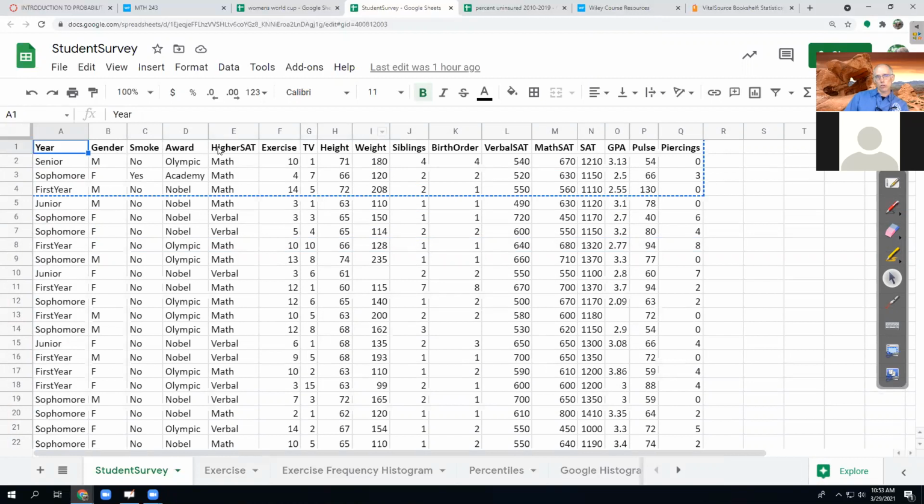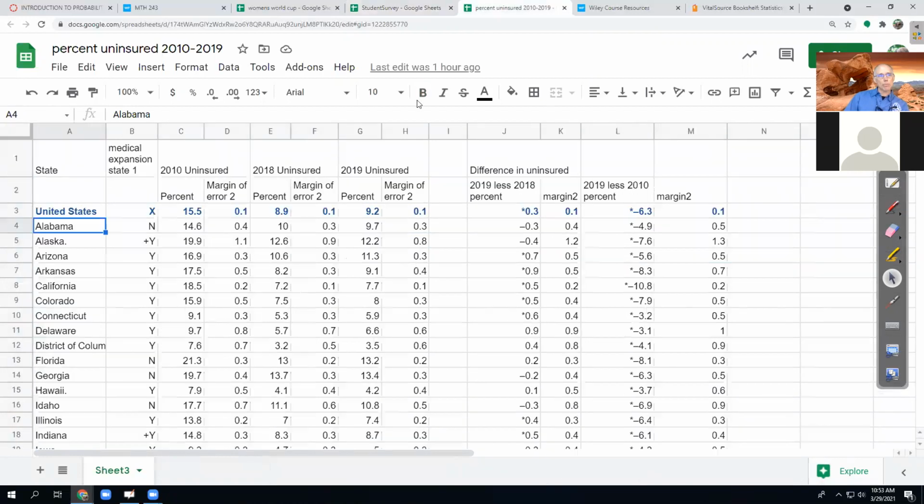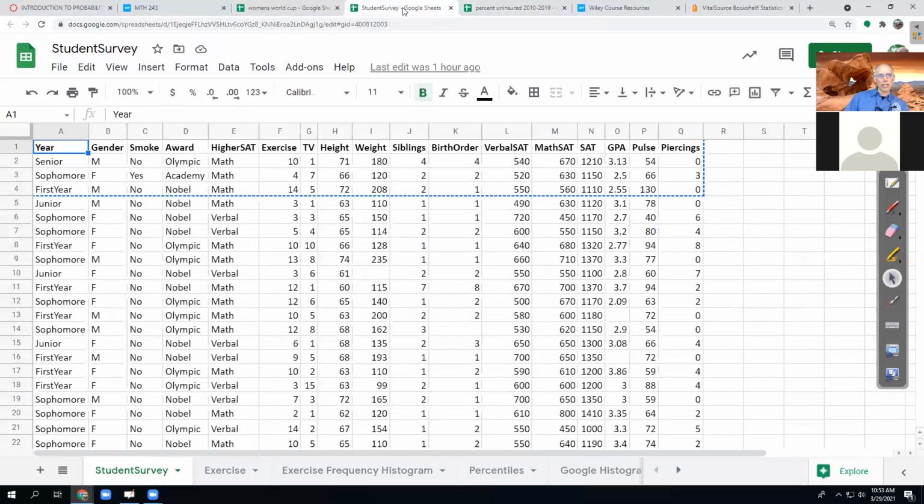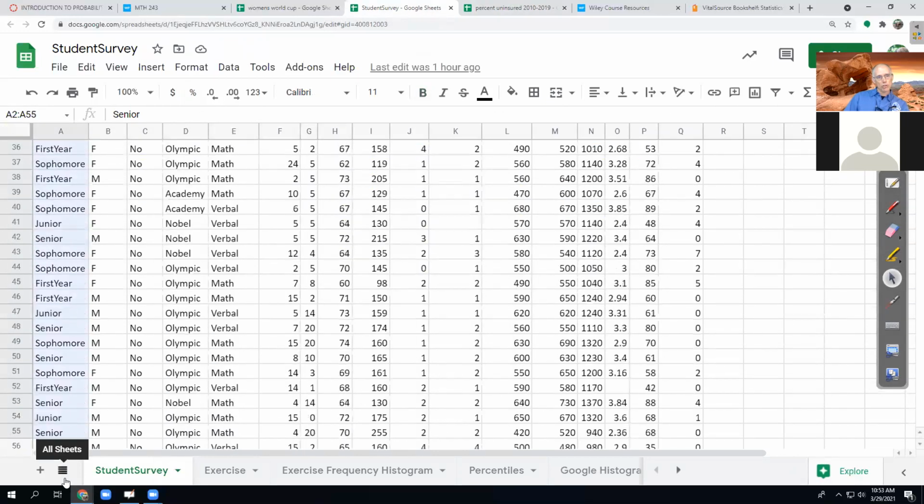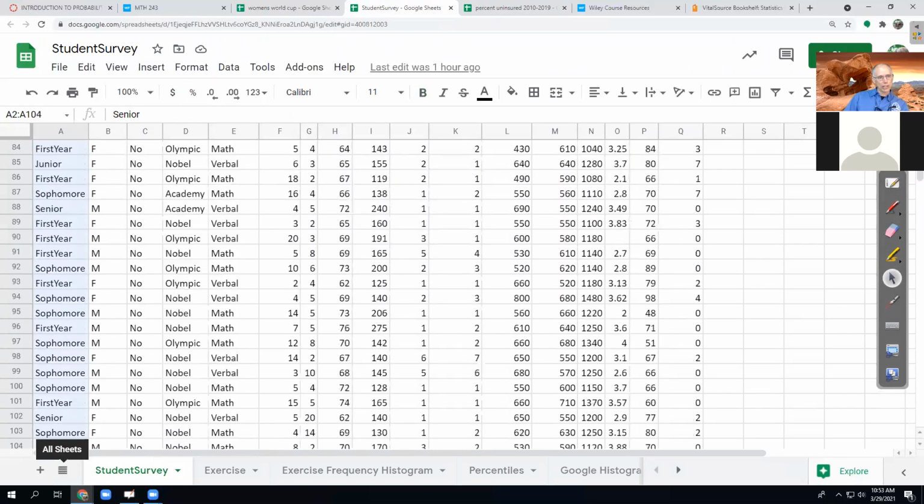In this case, the header row describes the variables. Sometimes there are more than one header row in the data set. So we do have to be careful in terms of counting that way. Often on a spreadsheet, if you select a whole bunch of stuff by using that Control Shift arrow or just dragging your mouse,